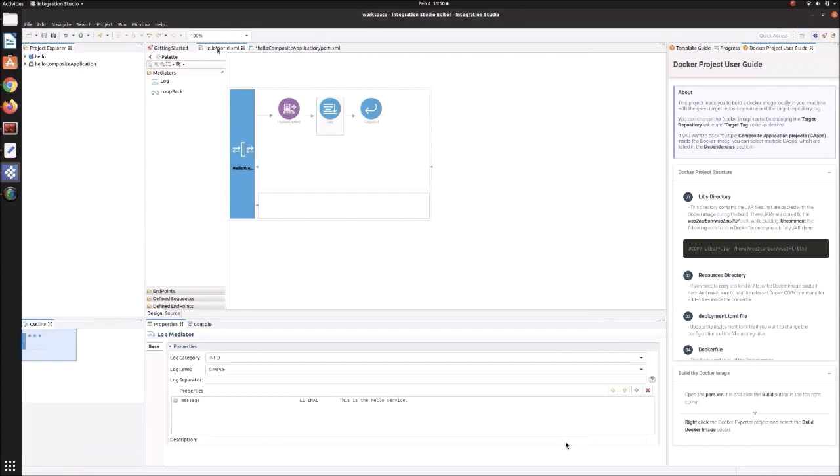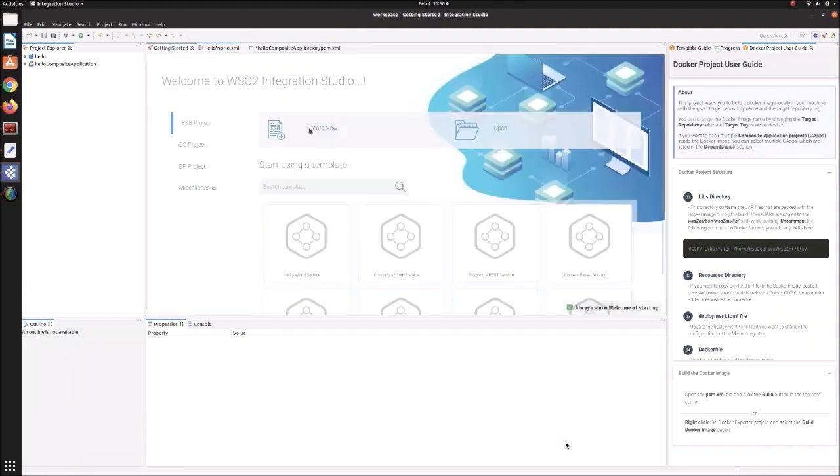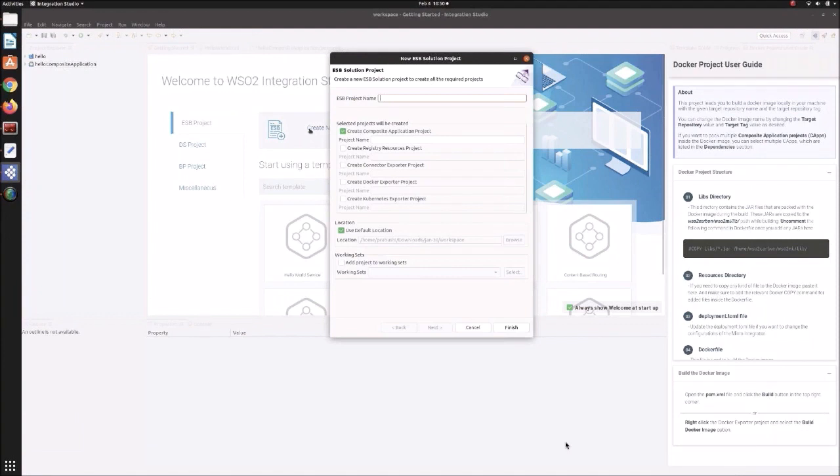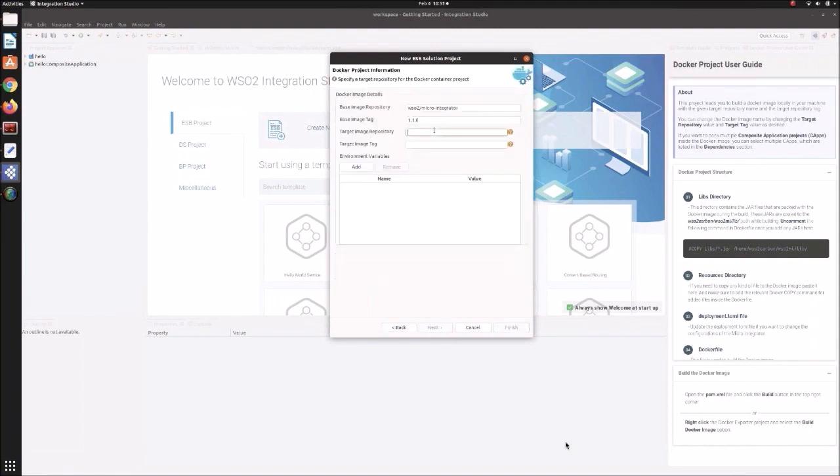So let's first create a solution project using Integration Studio. It's actually a collection of projects where we get to select the required set of projects for this particular solution project. Here we will be creating the composite project along with the Docker project.